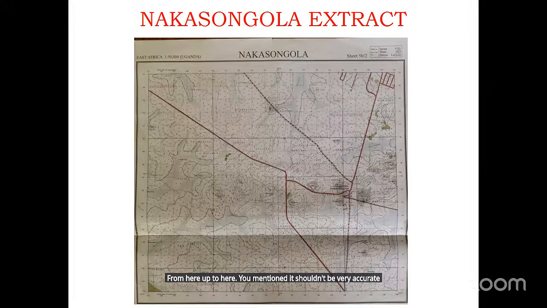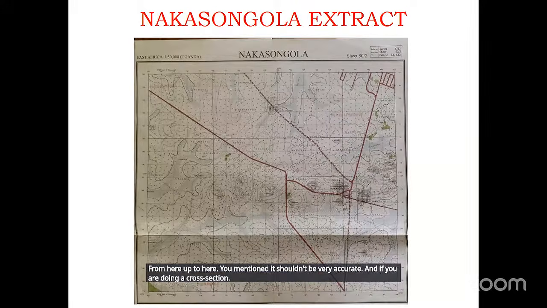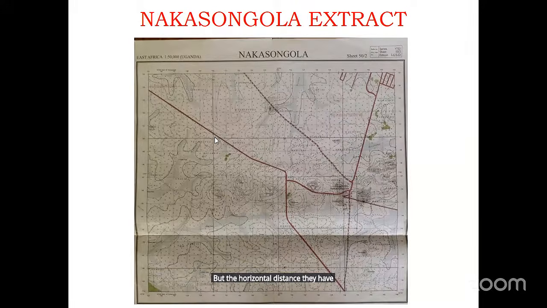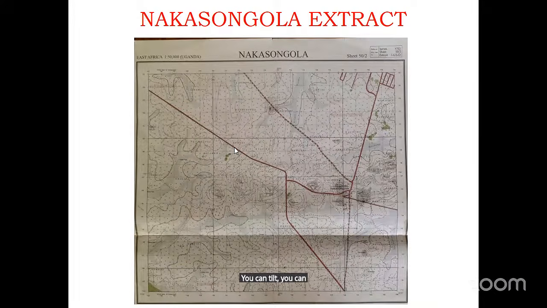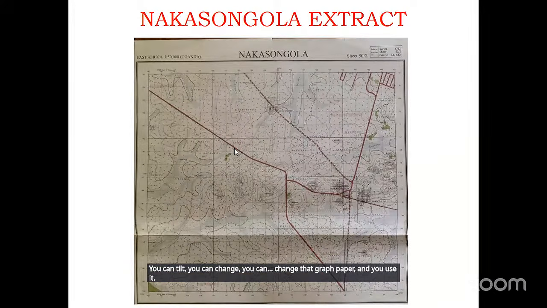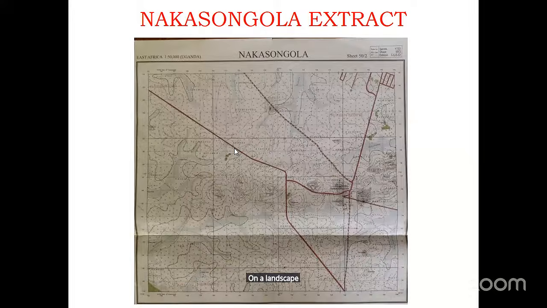And if the horizontal distance they have given you, from this point to this point, does not fit on the portrait of the graph paper, you can tilt, you can change that graph paper and use it in landscape instead of portrait,